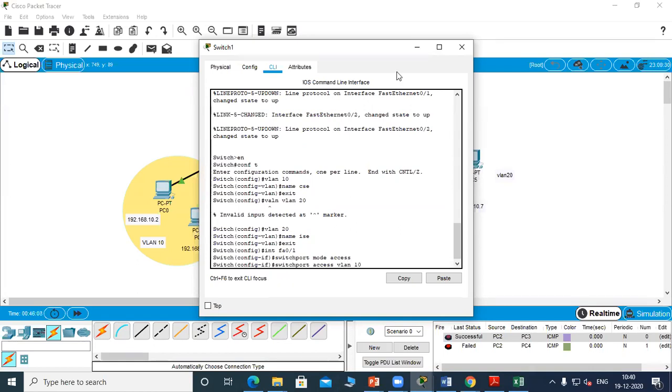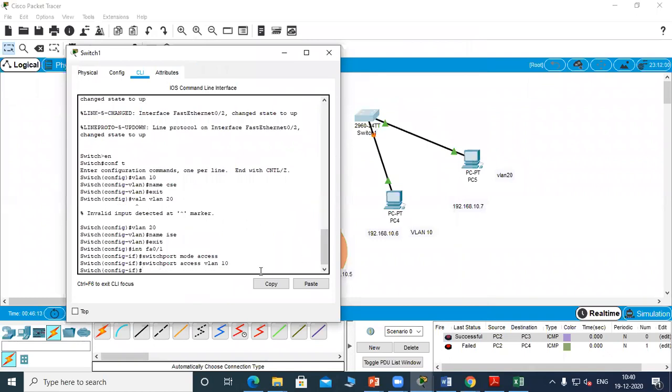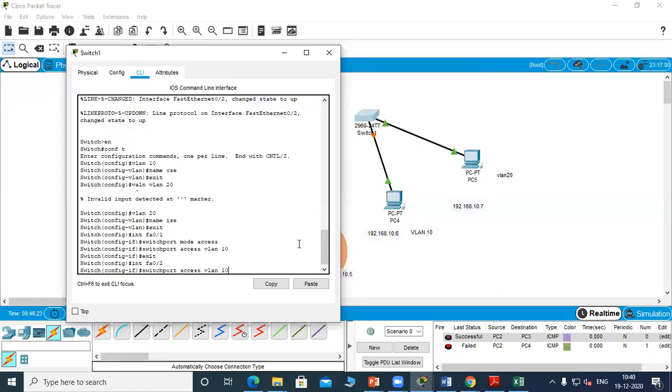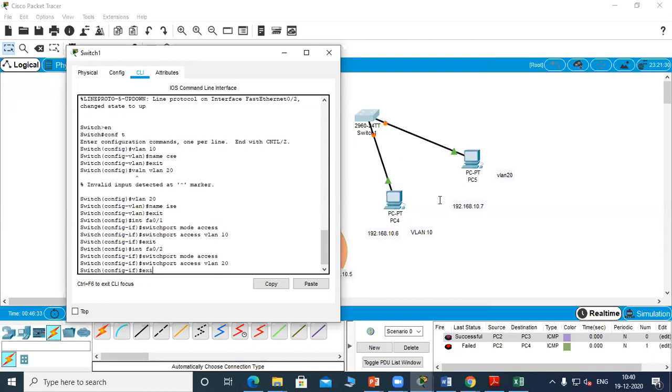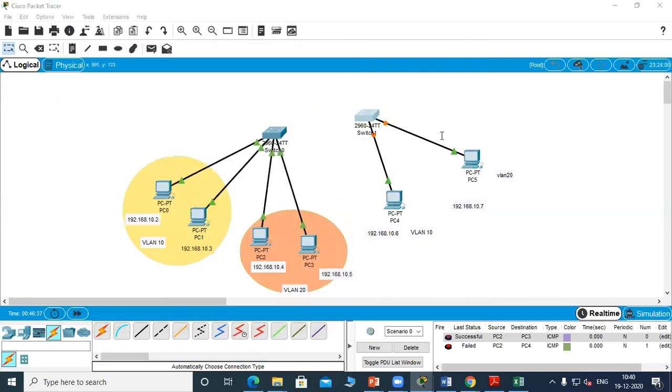So the first interface, that is this one, is VLAN 10. The second interface is VLAN 20. This is VLAN 20. Now we connect these two switches.